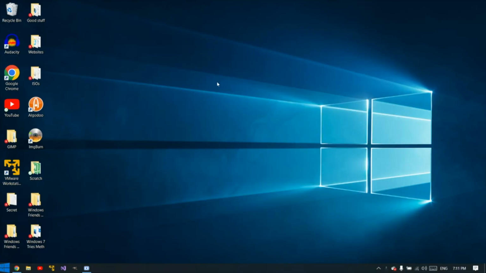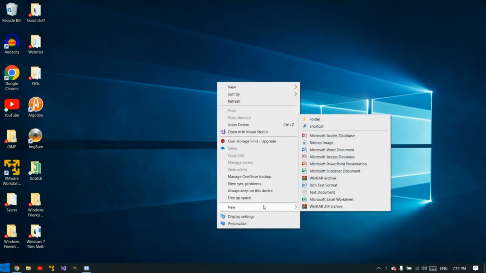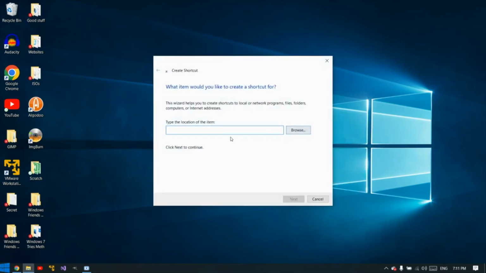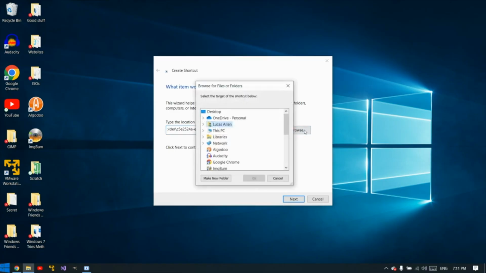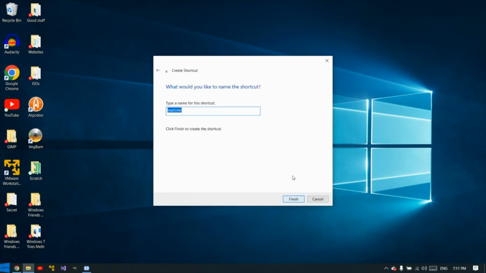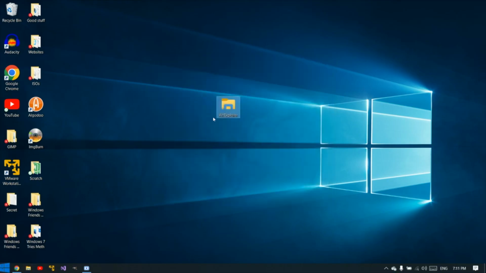Here's what you do. You right click on the desktop, new, and then create a new shortcut. And then you paste this right in the location. And I know it seems scary, but I'm going to provide it in the description so you can try it yourself. Oh, it's not on the next button. You can basically make a new name for the shortcut, Alt Explorer, and here it is. And if you double click on it,